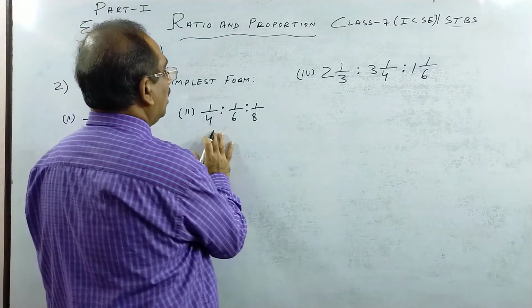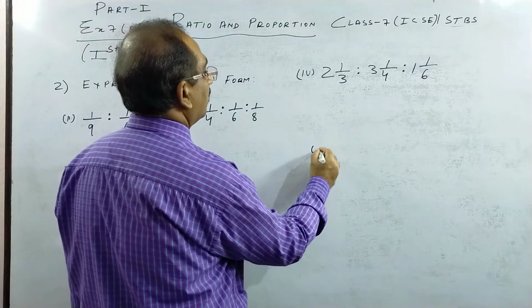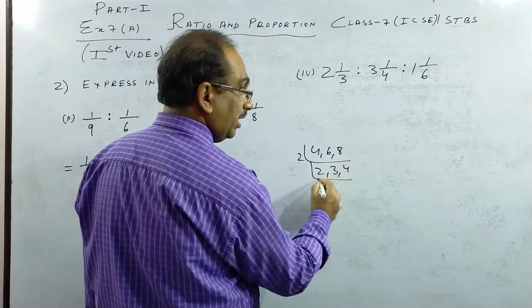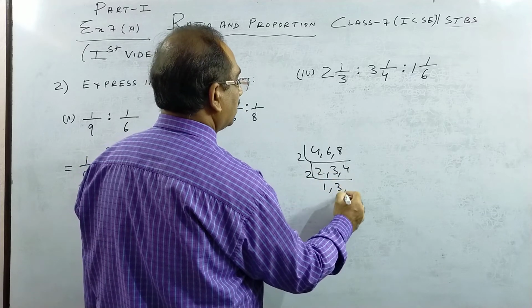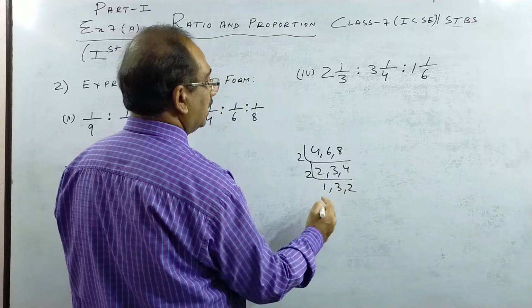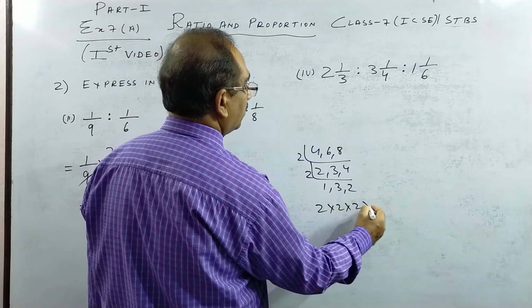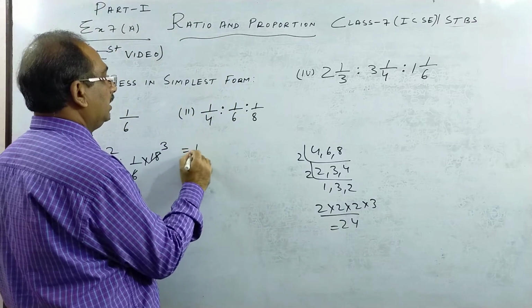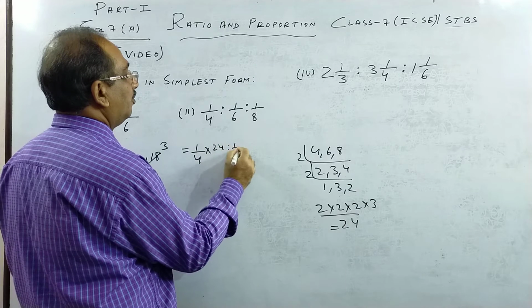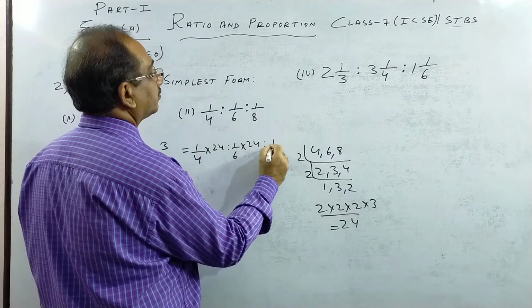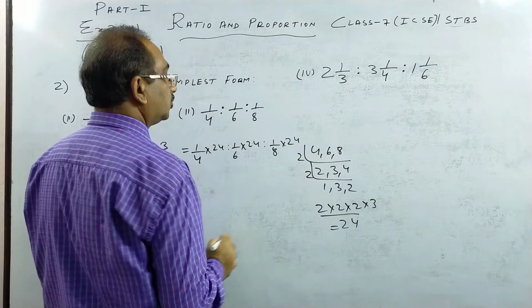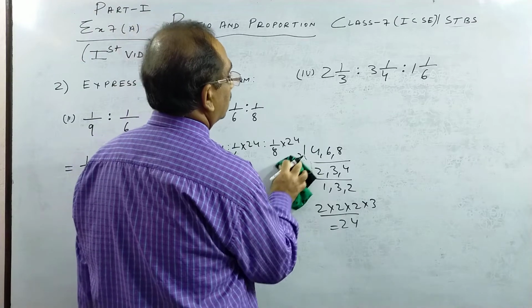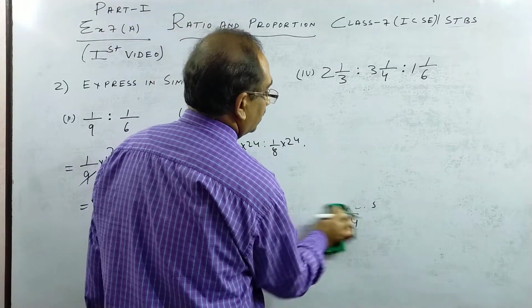Same thing here. I have to multiply with the LCM of 4, 6, 8. So take 2, 3, 4. Again, whenever a term goes, then you continue. When nothing goes, I'll stop here because nothing else goes. So the LCM is 2 into 2 into 2 into 3. So 8 3s are 24 is my LCM. So multiply each term by 24. You can pause the video and write. Copy. So this I am writing, the LCM which we got.